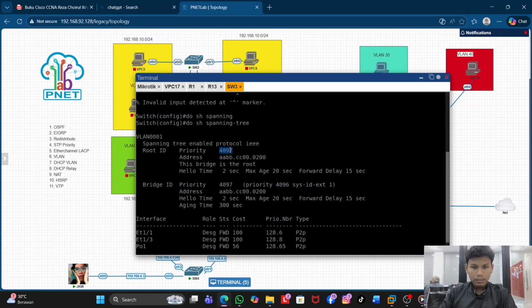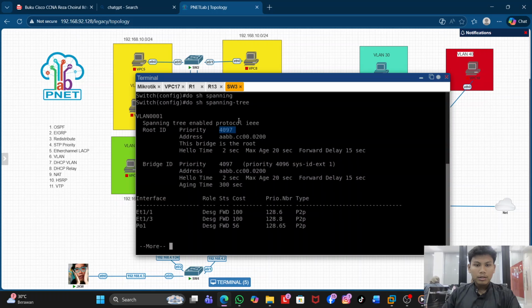So I set the priority to 4097, because the default is 32768.